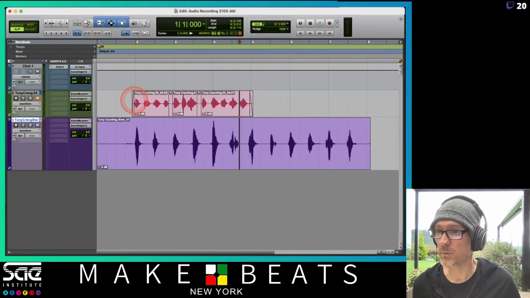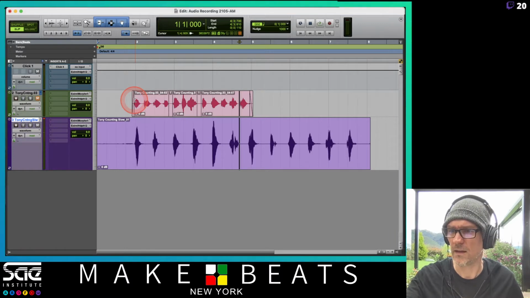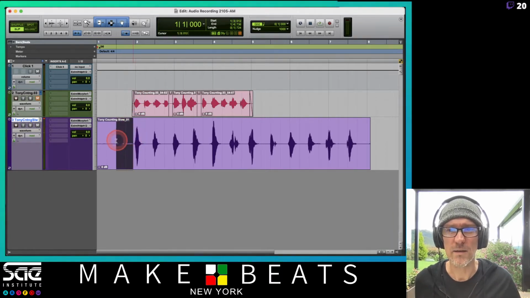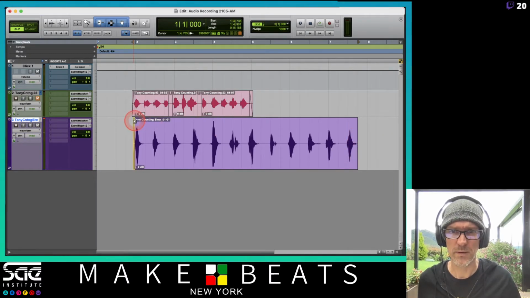What we're talking about with this part here is using strip silence. I just recorded in halftime, so we have space to do strip silence in here. I'm going to go ahead and get rid of the beginning part because I know I don't need that, and get rid of the end part over here. Just do a fade up on the beginning and a fade out on the end so I don't have any